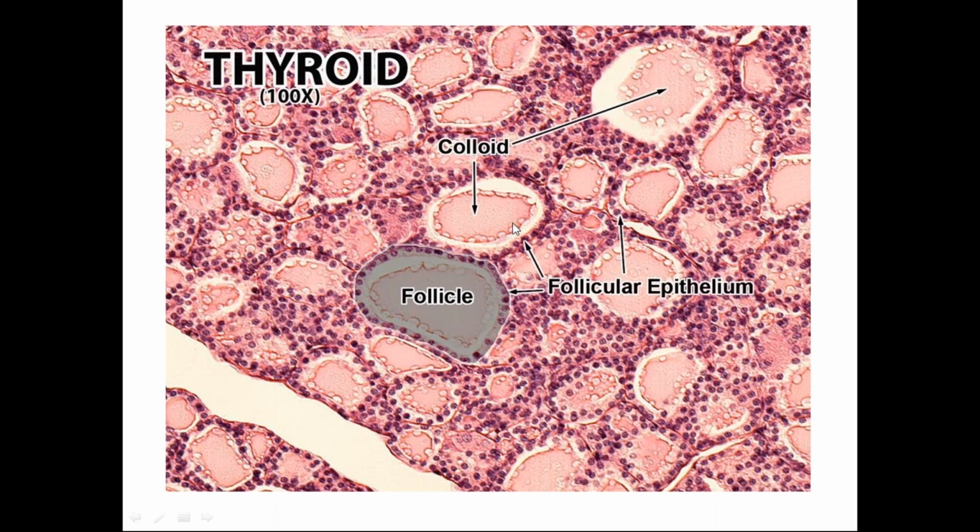And what are these air bubbles called? This is the scalloping of colloid. Whenever you see the air bubbles, that is the scalloping of colloid. That means this colloid contains thyroglobulin hormone, and scalloping of colloid implies the follicles are active. This thyroglobulin hormone is utilized for hormonal production by these thyroid follicular epithelial cells. So these follicular epithelial cells will eat away the colloid. That's why there are clear spaces, which indicates the activity of the normal thyroid follicles.